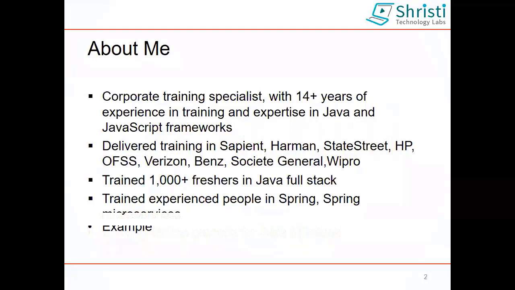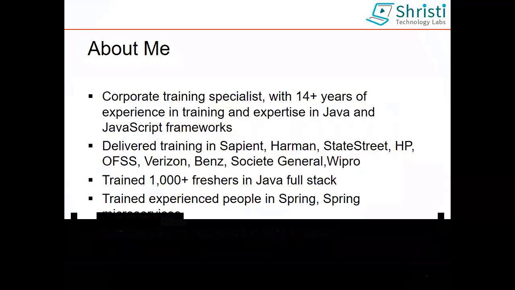I have trained 1000 plus freshers in Java full stack. I have also trained experienced people in Spring and Spring microservices, that is, using Spring Boot. I have created online courses for Java full stack, starting from OOAD to Spring microservices. I have done a complete end to end Java full stack course, which is available online.